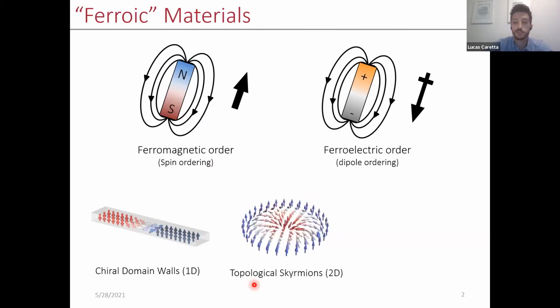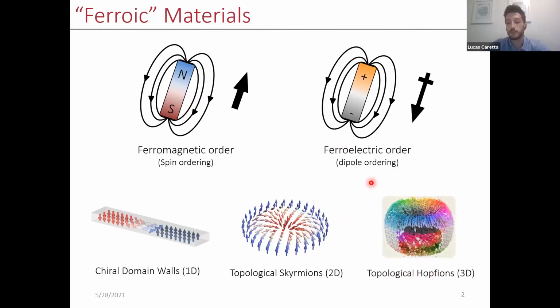They can be two-dimensional in form, so you can have textures that look like bubbles or that are even topological, like skyrmions, or have chirality or vortices. And they can even occur in 3 dimensions, where you can observe things like topological Hopfions. And there's many other types of textures, both polar textures, spin textures, such as things like cycloids and spin spirals and things like that as well.